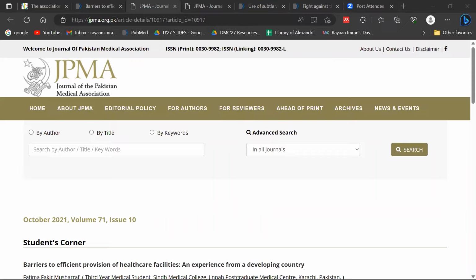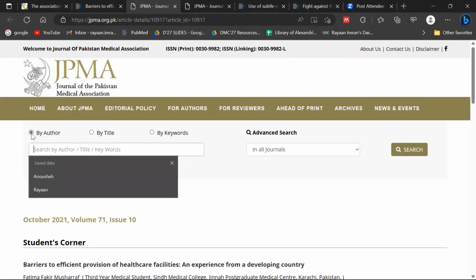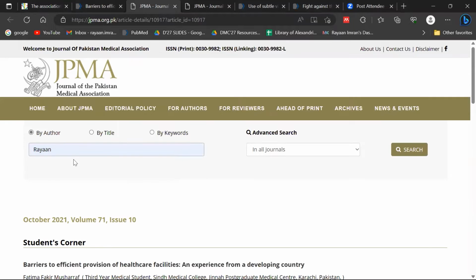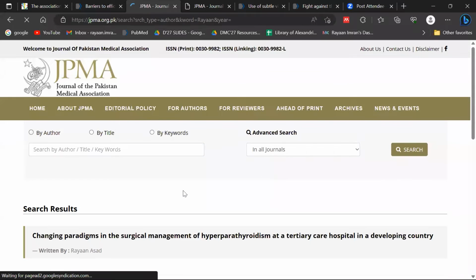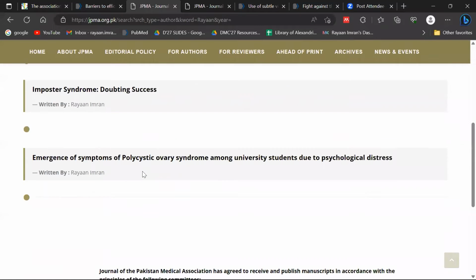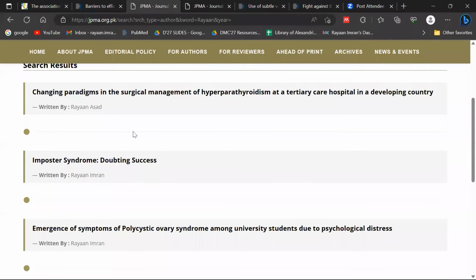LTE should always be published on already published articles. So the thing is, Mariam, it usually is, okay, or if there's a published article already existing, then yes, ideally, that is what people already do. That is a more common way of proceeding towards published articles. However, for some journals, if I actually show you my article right now, by author. So this is JPMA. I'm going to search by author, let's say Rayaan Imran. I'll type my name and I click search. So as you can see, मेरे यहाँ पे articles आ चुके हैं जो मैंने पुराने upload किए थे.